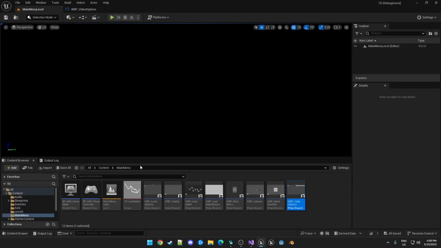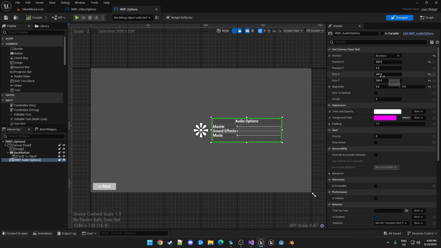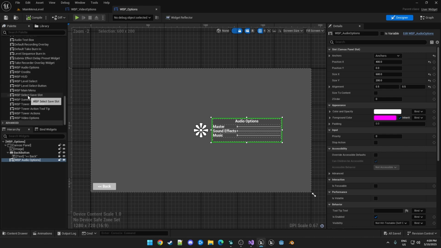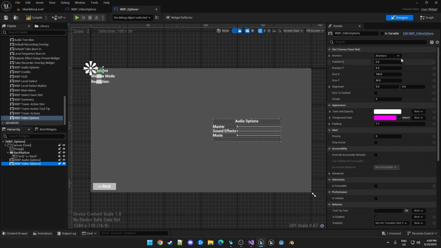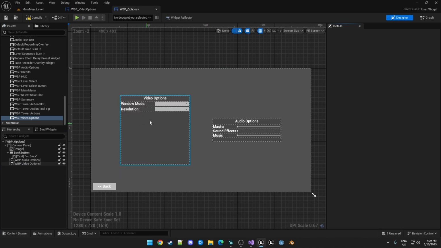Now, if we want to run this, we need to add it to our options screen. So similar to this here, we'll make it 600 wide and at a relative position. So we'll go down to our user created, find our video options, add it to our canvas panel. We want to Control Shift Center, position X of -400, size of 600, and we'll just take the size Y also 600. There will be more entries in the next video. And then when we run that,